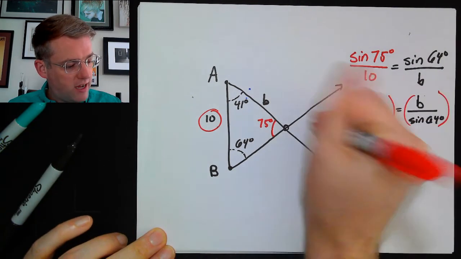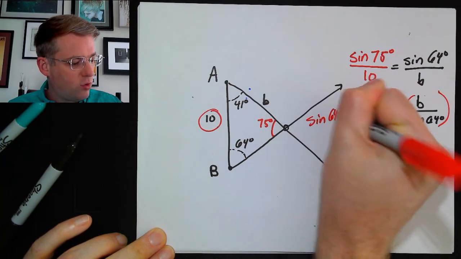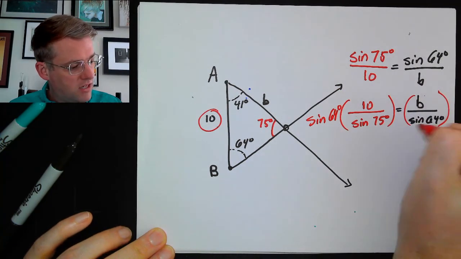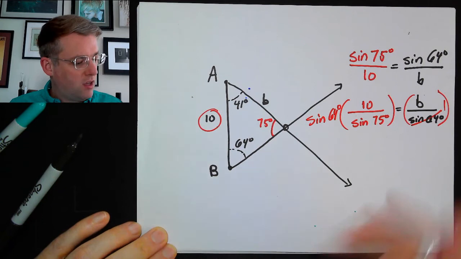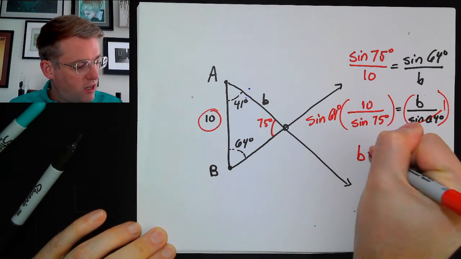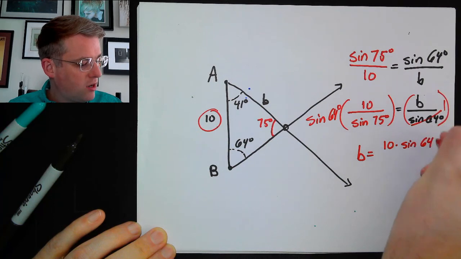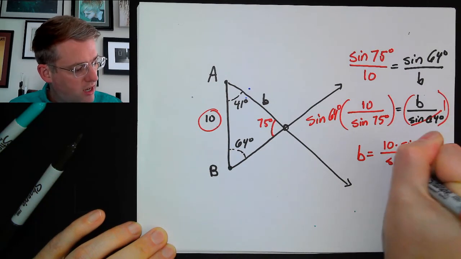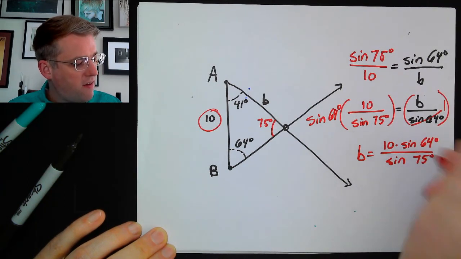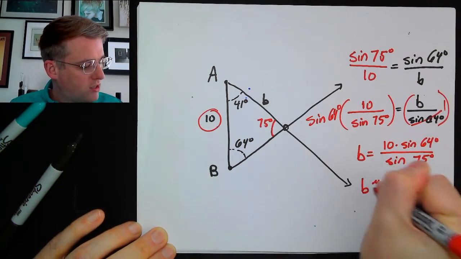Multiply everything by the sine of 64 degrees. And then we go to our calculator to find b is 10 times the sine of 64 over the sine of 75. B will approximately equal,